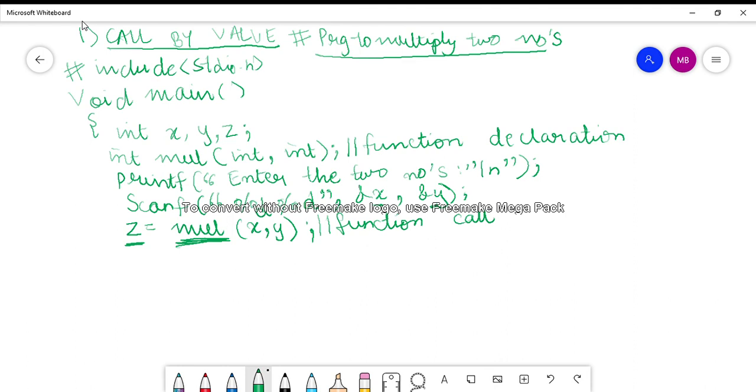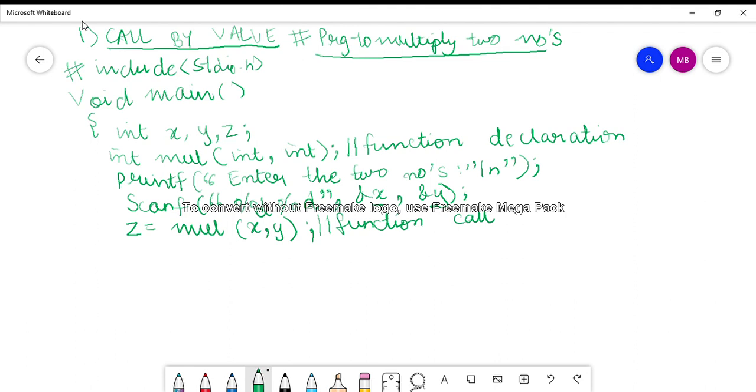That is why I said z equals mul(x, y), or z equals the function call. After the function call, whatever value the function returns will be stored in the variable z, and x and y are the actual arguments passed during the function call.